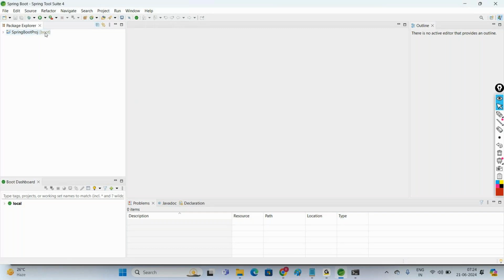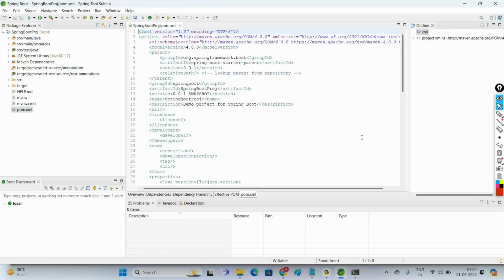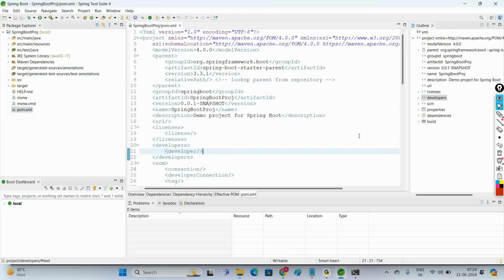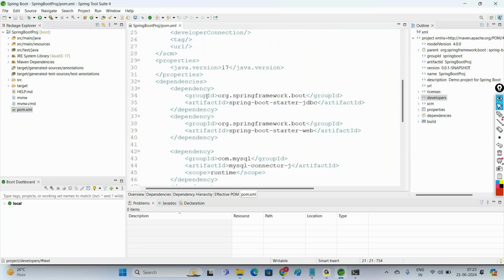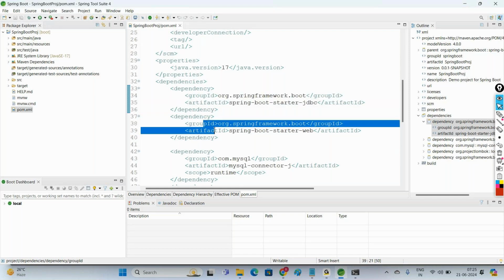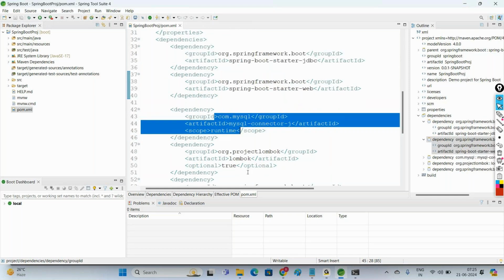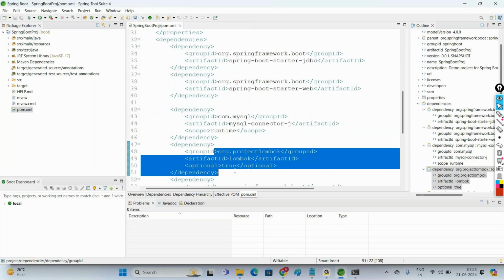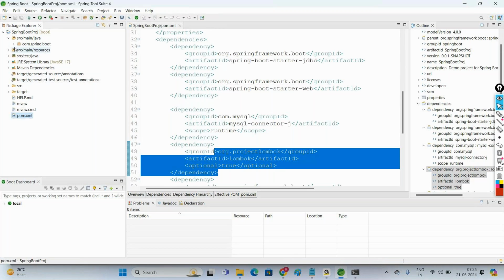It's a boot project, Spring Boot project. Now if you expand, you can see pom.xml file. Now see, so it has added here Spring Boot Starter JDBC, Spring Boot Starter Web, MySQL connector, and even Lombok. So in the previous cases, we used to go to Maven repository, copy the code and paste here, but that is not required over here, right? Then under src main Java, you can see the package com.spring.boot, and you can see an application, Spring Boot